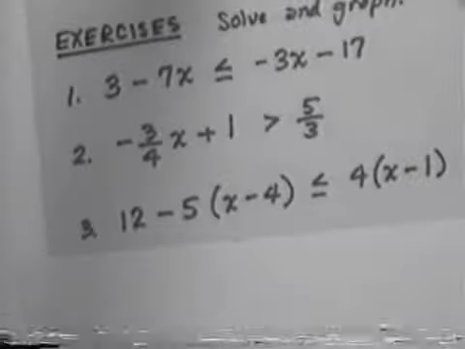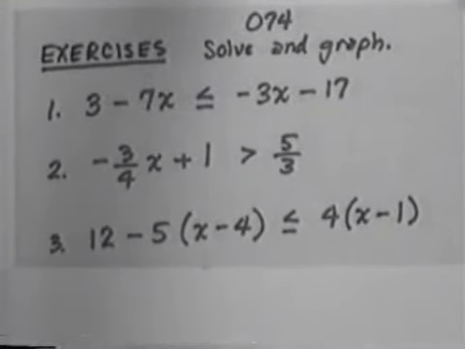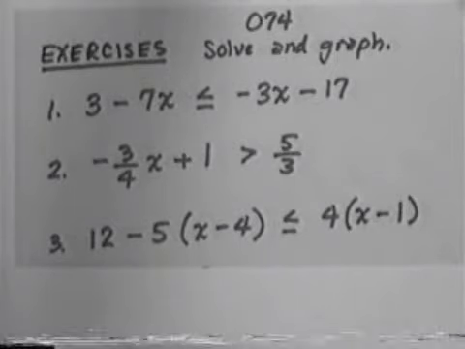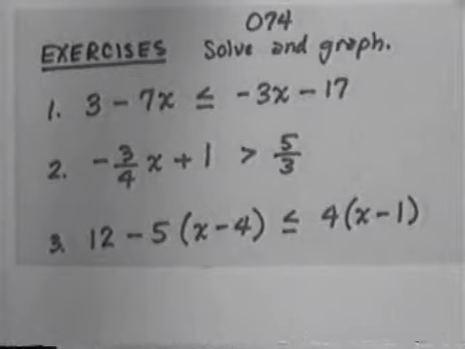Now you should be ready for some exercises. I'm giving you 3 exercises. The instructions are solve and graph. Exercise 1, 3 subtract 7x is less than or equal to negative 3x subtract 17. Exercise 2, negative 3/4 x plus 1 is greater than 5/3. Exercise 3,